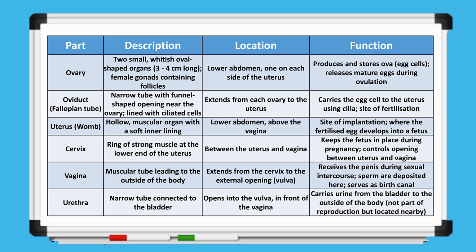The cervix is a ring of strong muscle located at the lower end of the uterus. It lies between the uterus and the vagina. The cervix acts as a gateway that controls the opening between these two structures. During pregnancy it helps keep the developing fetus securely inside the uterus, and it widens during childbirth to allow the